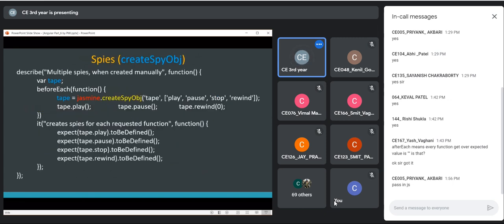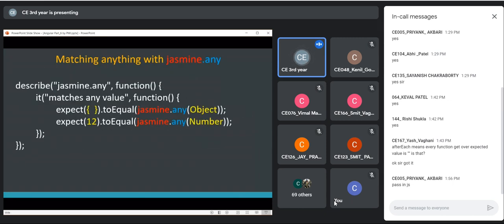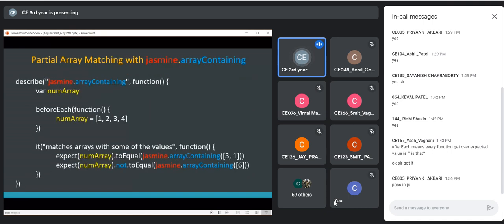Fine. Now we'll move on to the testing part in our Angular project.